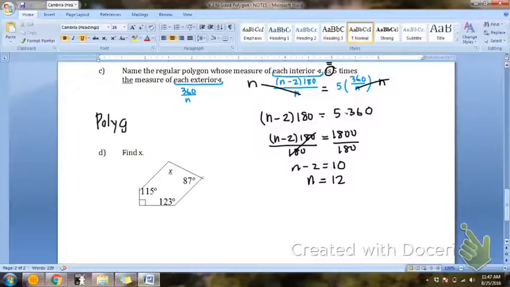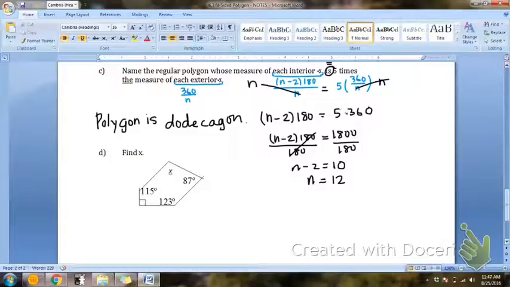You should get n to be 12. What is a 12-sided figure called? Dodecagon. Because if we have 12 sides, if our n is 12, then that means I have a dodecagon. Okay, does anyone have any questions on letter C? All right,